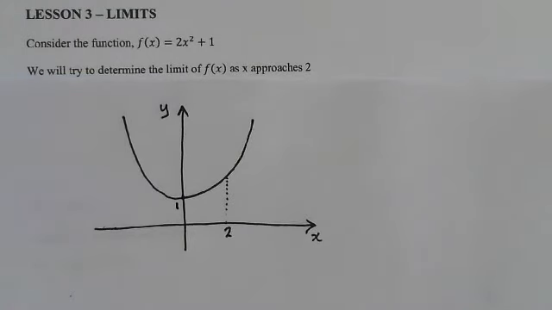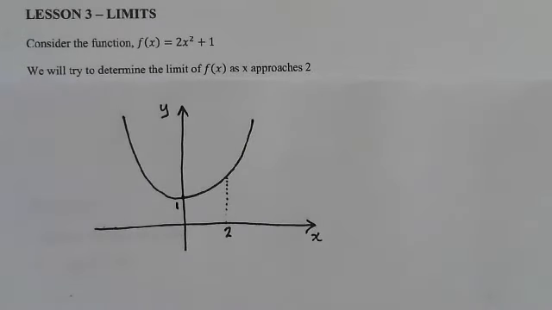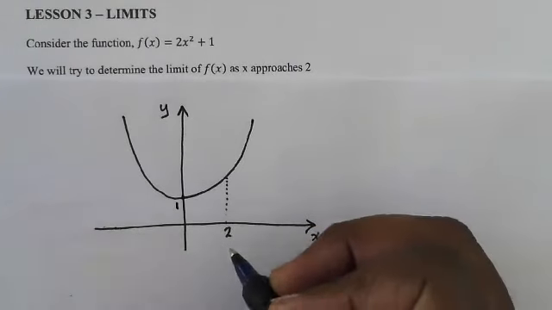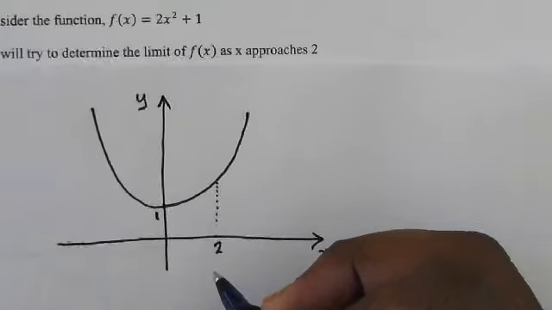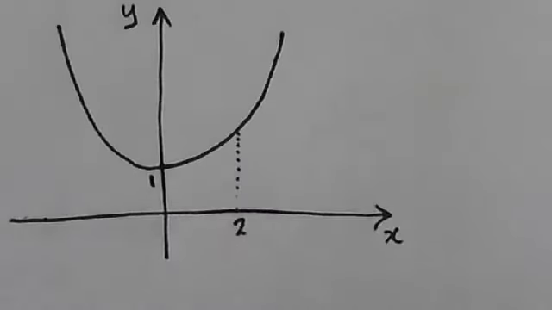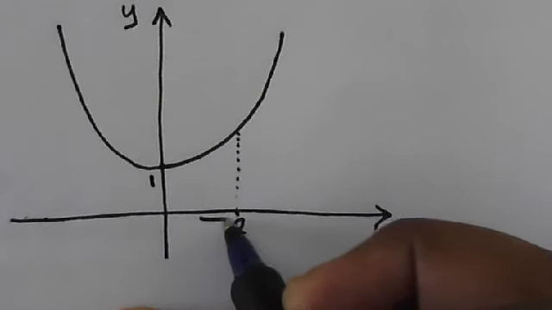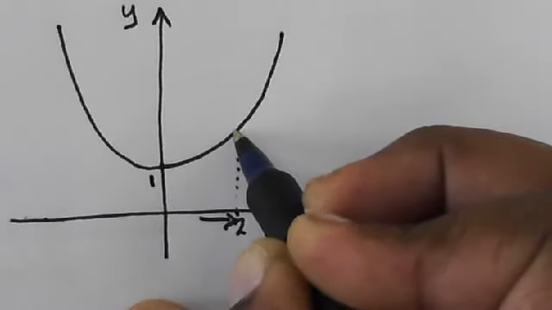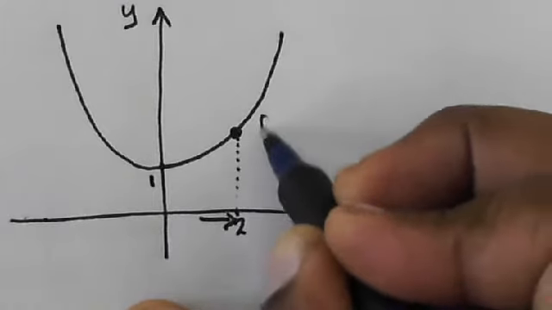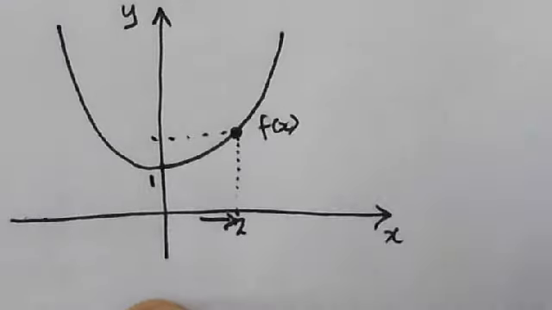Okay, so what we're talking about, the point here, x equal to 2. When you talk about a limit as x approaches 2, that means we've got values here. Let me see if I can just zoom that in a little bit. Okay, so what happens is this. When we are moving across on the x-axis, moving along towards this point, 2 there, the question now is what is happening to the value of the function? What is happening to f of x? So obviously the closer we get to 2, the closer f of x gets to